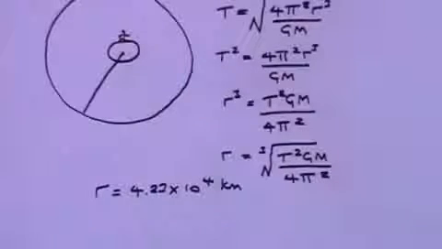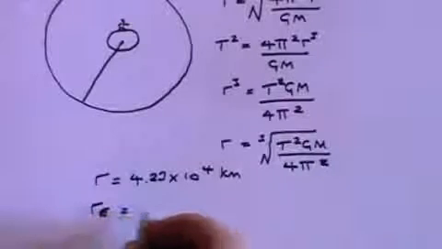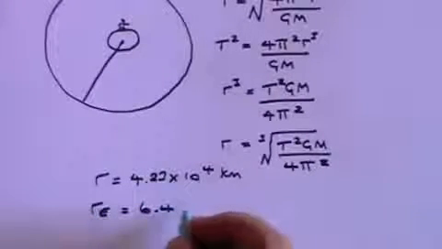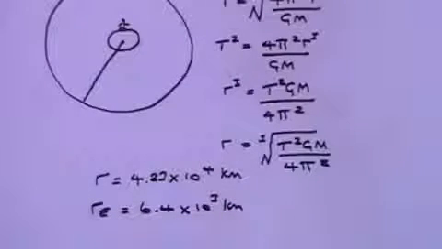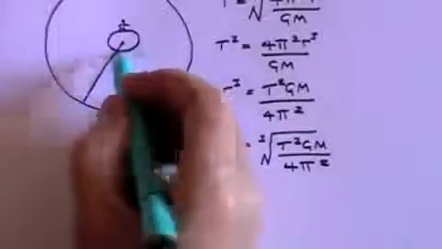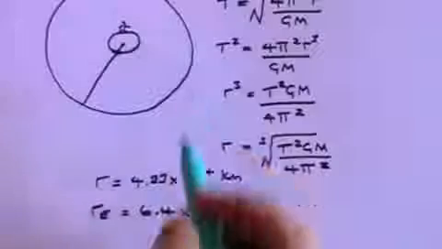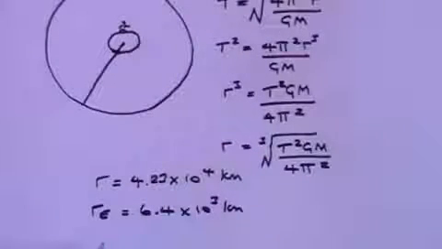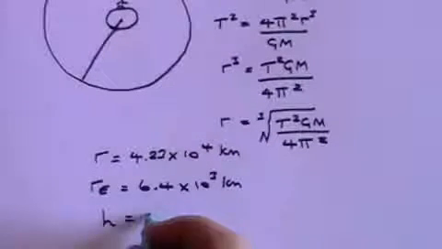How far above the Earth does it have to be? Well, the radius of the Earth is very approximately 6.4 times 10 to the 3 kilometres, about 6,400 kilometres. So if you want to know how far above the surface of the Earth, then you have to take that distance minus the radius of the Earth. And if you do that, then you find that the height above the surface of the Earth that the satellite has to be is